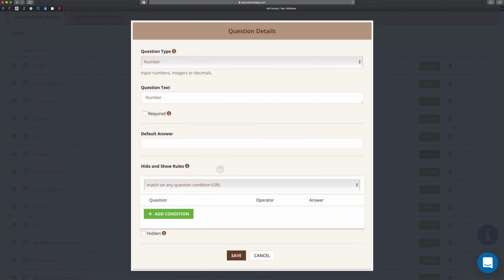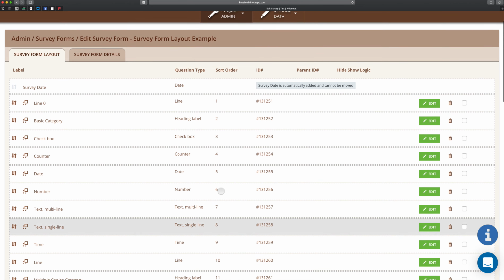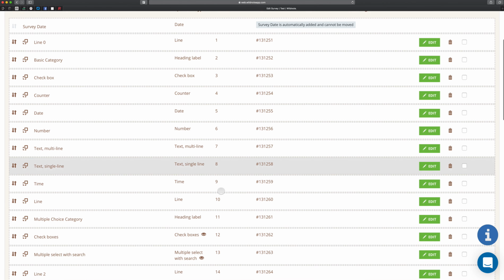Pro tip, once you have selected a question type in the question details page, you'll notice a box called Default Answer. If you want to pre-populate a question's answer, you would fill that in here. This is very handy for repetitive top-level information or questions that have a typical answer, as it speeds up field data collection. We'll go over some of these question types and how all this works together in other videos. Check the video library for those and other videos related to using WildNote.